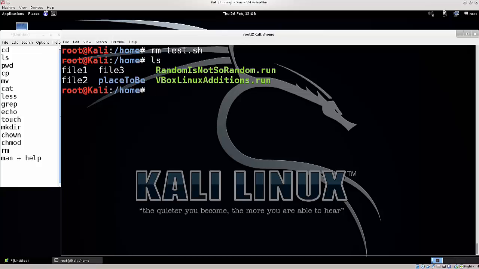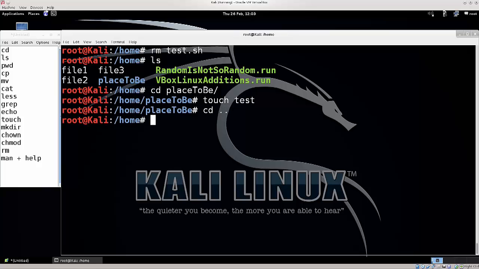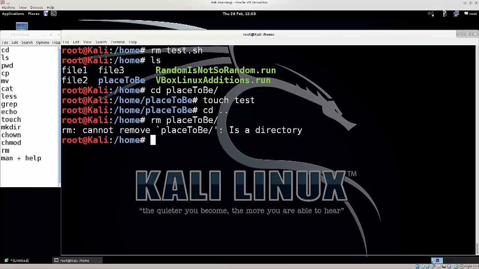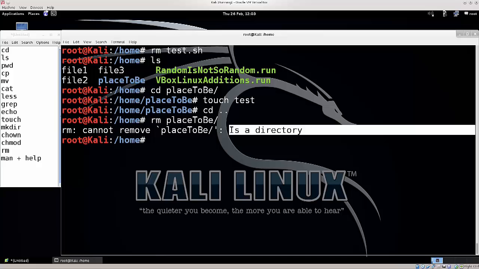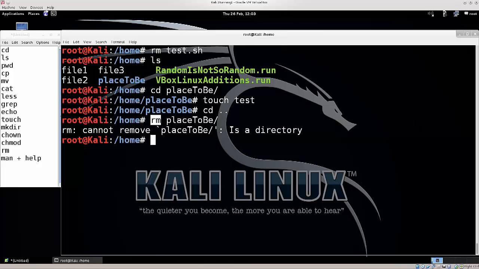But if I go ahead and navigate over to place to be, and I don't know, touch test, I'm going to make a new file there. And if I go ahead and say rm place to be, it's going to say rm cannot remove place to be because it is a directory. This is a failsafe of the rm. So you wouldn't delete a full directory because you wouldn't be able to recover it, and that would be really bad. What you can do is type in rm -f